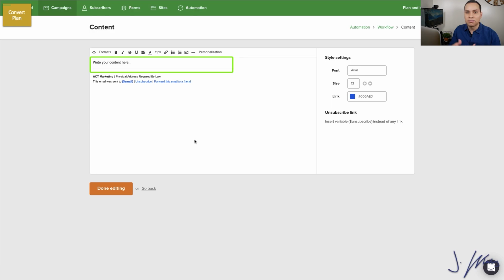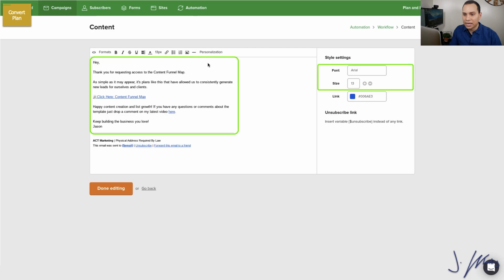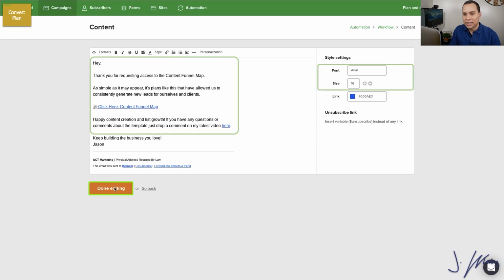And if you disagree with me, then okay, enjoy lower deliverability rates, right? So we'll click on the text here. You can paste in whatever your text is. Of course, you want it to be plain text because that is going to help you stay out of the promotion and spam folder, because the only people who send emails that look like a web page are those who are marketing products and services. So you want to look like a normal sender to all of the internet service providers. You can change your font and your sizes, of course, and then let's just click done editing. I'll let you play around with that later.